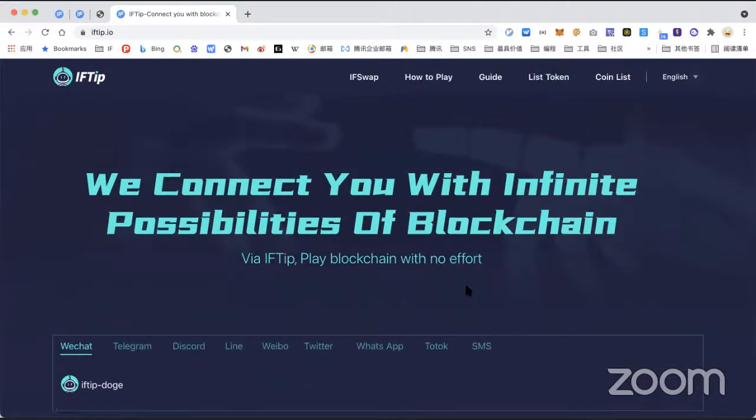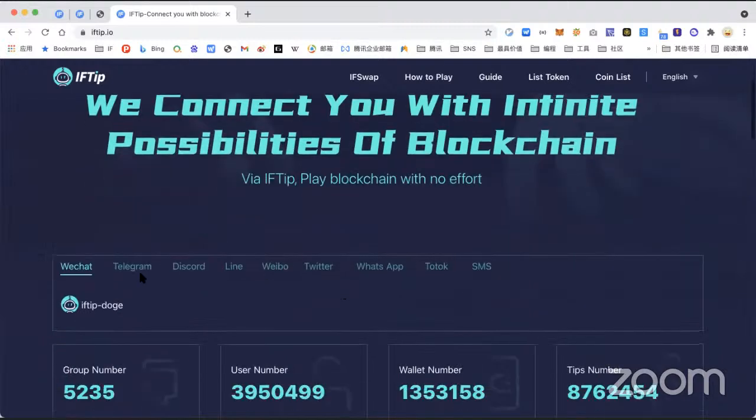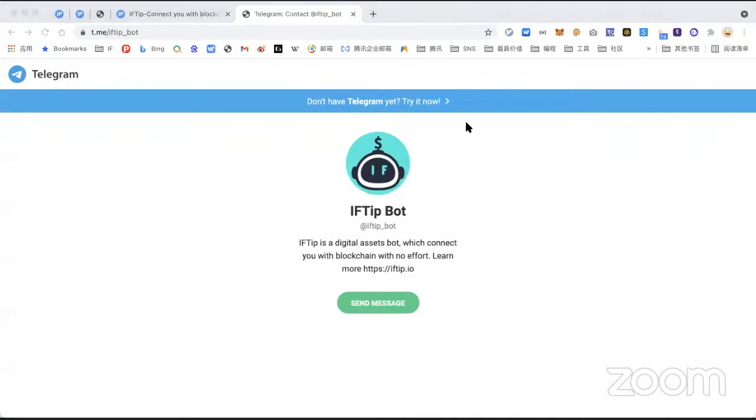And now let me show you how to use IFTip. You can find the chatbot link on our official website here. Then just click in. For example, I will go to Telegram. In Telegram, you can chat with the bot.